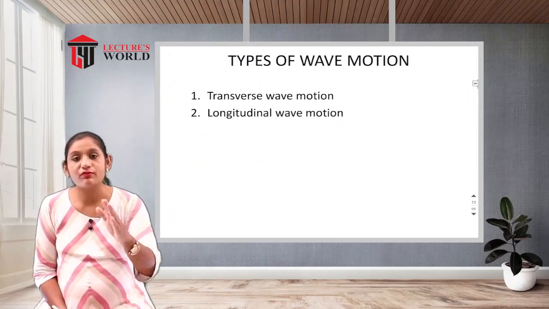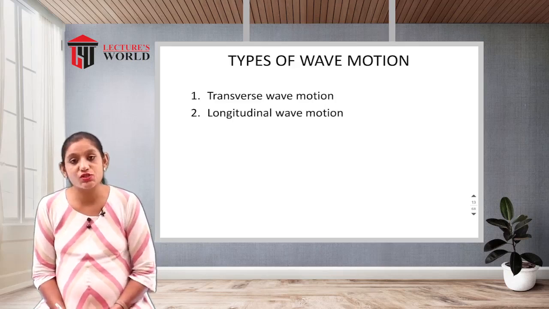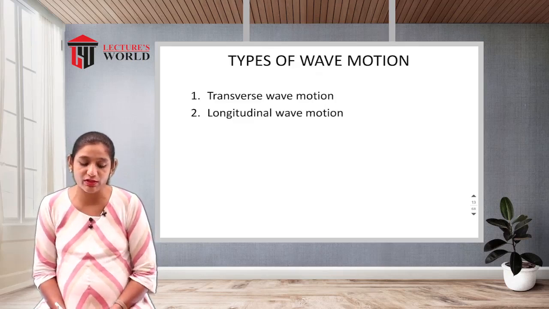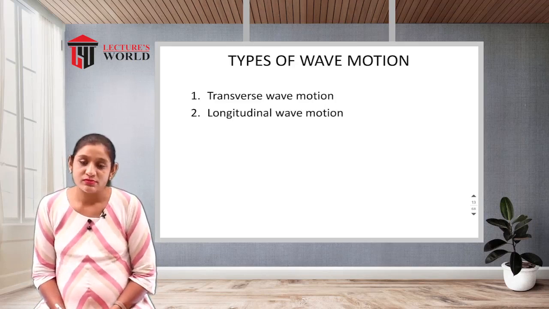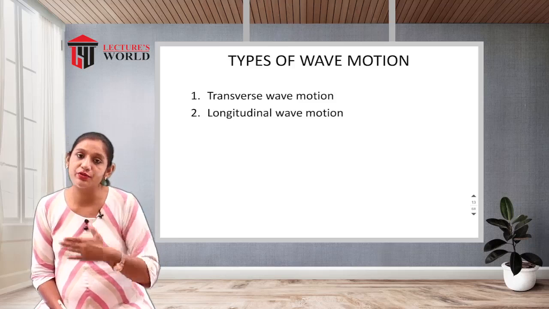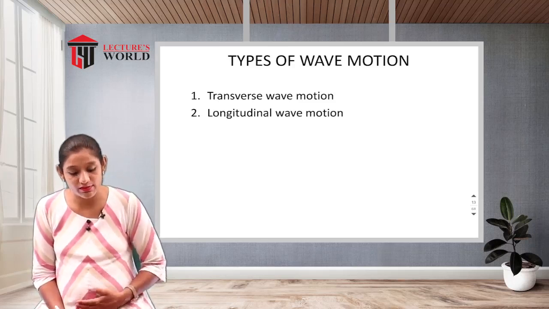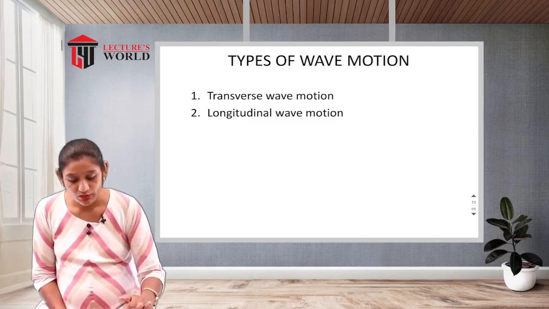Types of wave motion. The types of wave motion are of two types. First one, transverse wave motion, and second one, longitudinal wave motion. Let's talk in detail about transverse waves and longitudinal waves. First one,